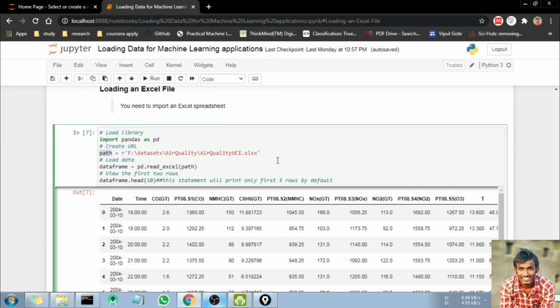Okay, so I'm going to assign this path to the path variable, and see guys, I put r before this string or this path, so that the system will know that we have to read this path.